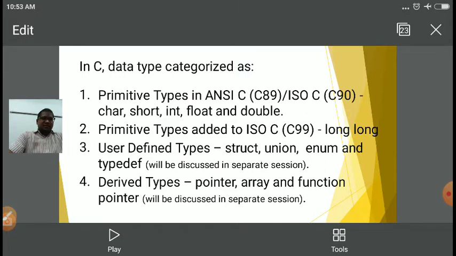Next is function. Function is basically a program segment, a part of a program which is used to perform an independent task. Suppose I want to perform addition of two numbers, then the task is addition. So to perform the addition, I can write a function. Function can be of two types: inbuilt function or user defined function. Inbuilt functions are printf, scanf, main, clrscr. So printf does the work of displaying the output or a message on the screen.